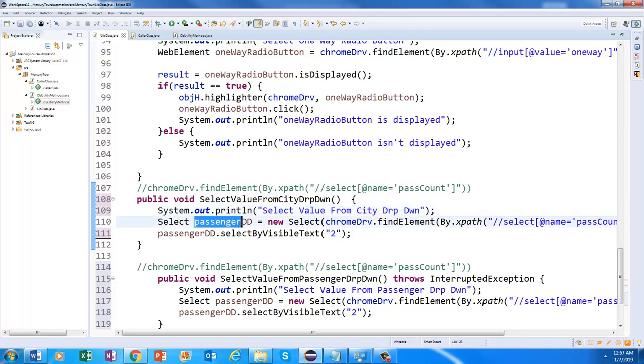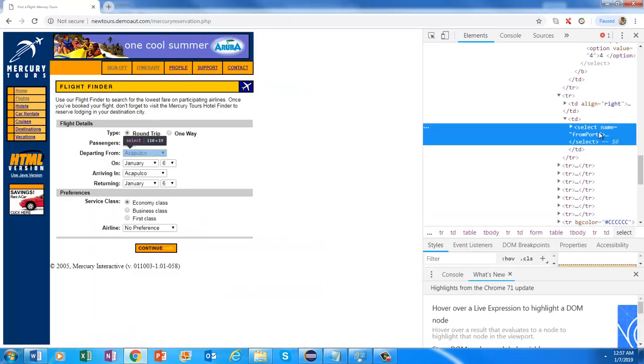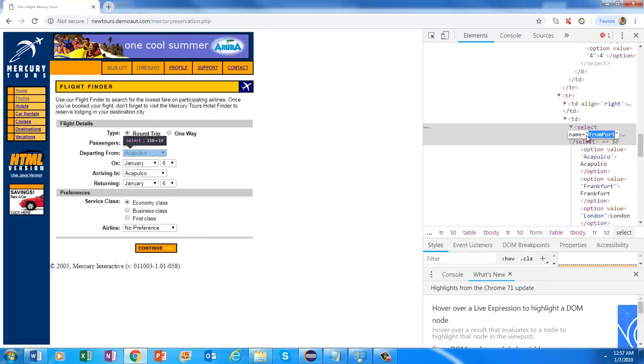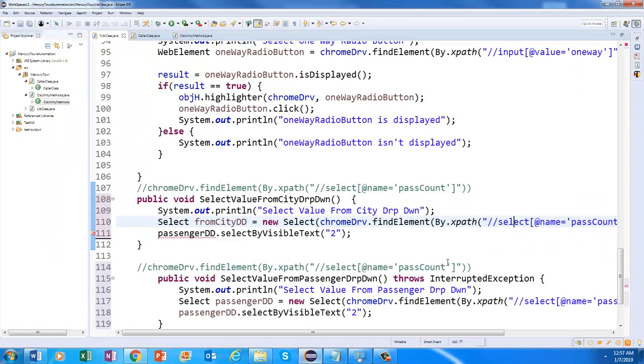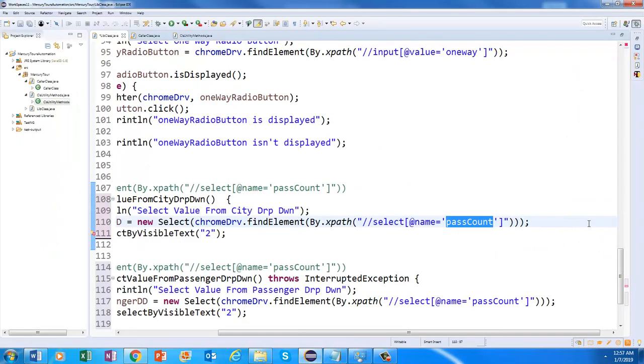This is from city TD, and how am I going to select by name? What is the value of that attribute? The value of that attribute is from port, right? Let's go to my code. I'm going to put it here, from port, and then